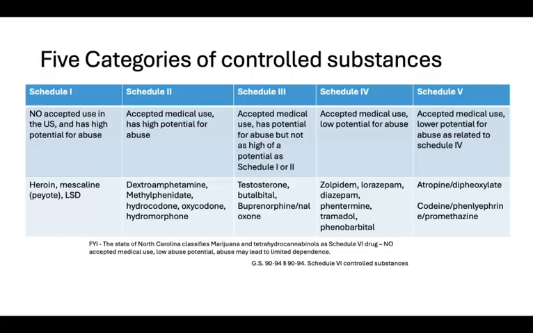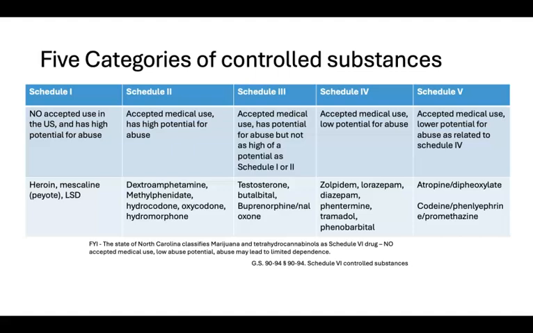There's a very high risk of abuse for these medications. If we further look at Schedule 2, these are medications that have accepted indications, but still have a high potential for abuse. So when you look at dextroamphetamines and dextromethorphan,